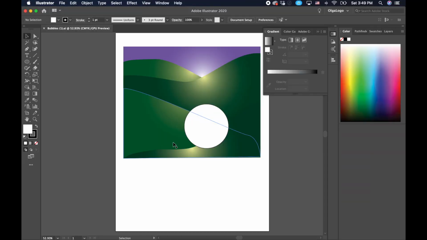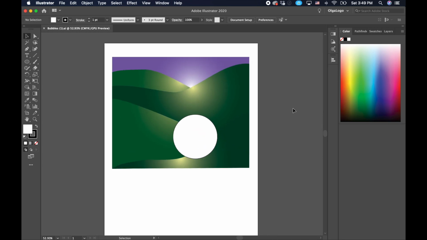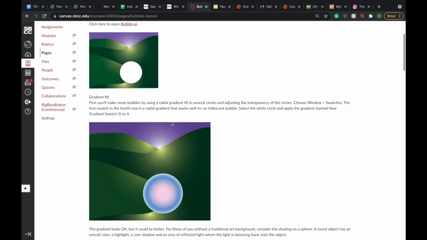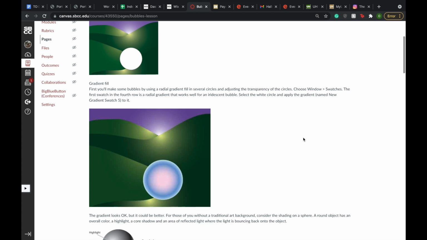Then click on opening it up. It's going to look something like this. I can just take this one away so we can see. Your file is going to look something like this. I'm going to have the instructions right next to me right here, and then I'm going to switch between going between here and the Illustrator file because there's some very specific steps we're going to take,